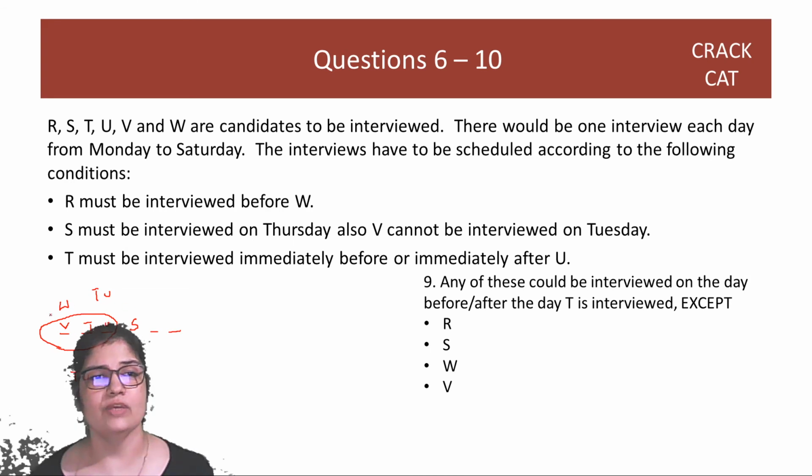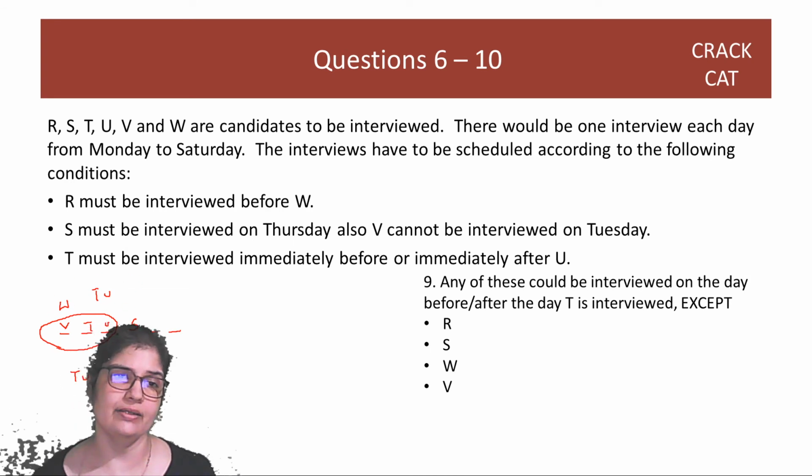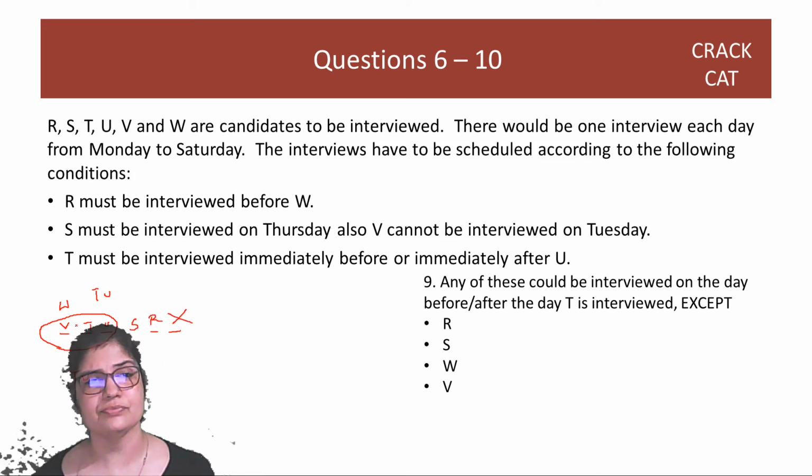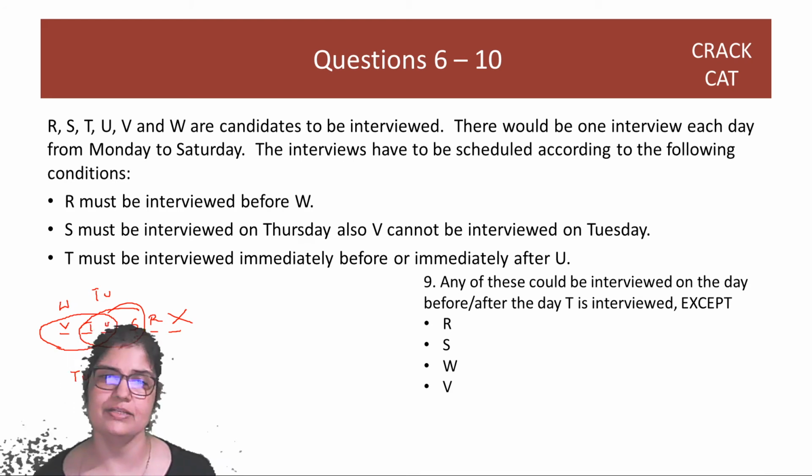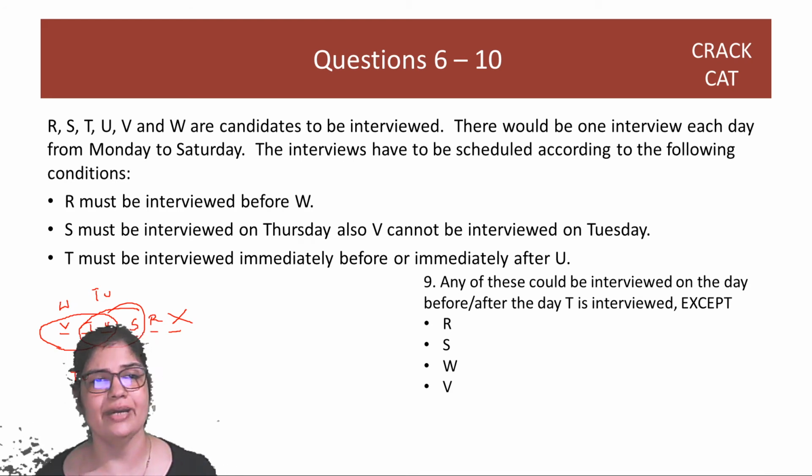So if I have W, T, U right in the beginning and R comes after S, that is not going to work out. So you will have to have RTU or VTU or even TU and S together. That can easily happen. S is already fixed. But you cannot have W, T and U because then W will come before R, which is not possible.